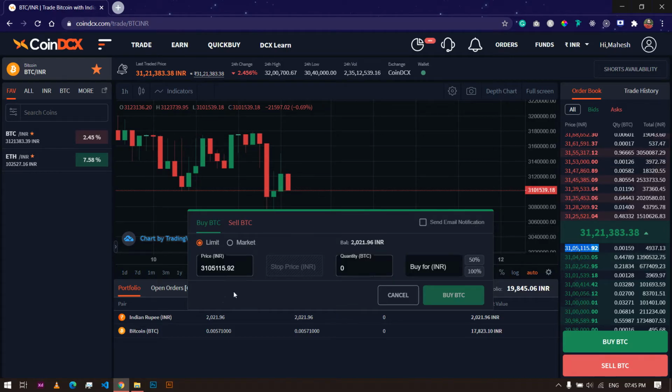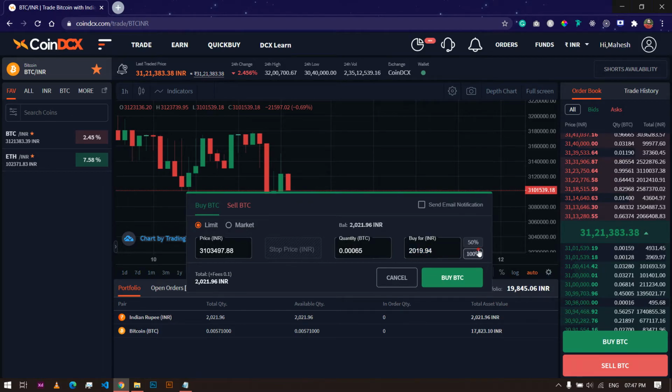So always remember that you have to buy at the lower price and sell at the higher. Okay, the market is coming down, so I will purchase at 31,05,000, and here the total amount will be 100%.